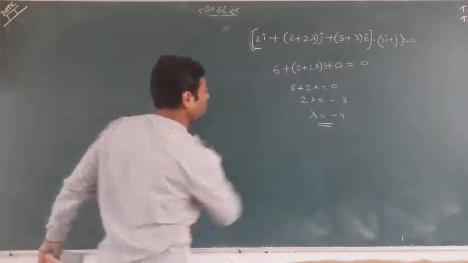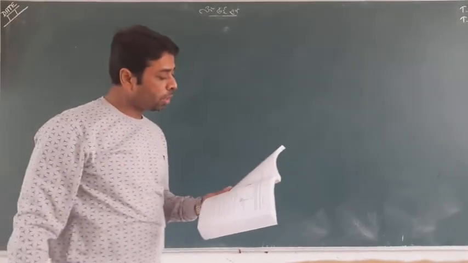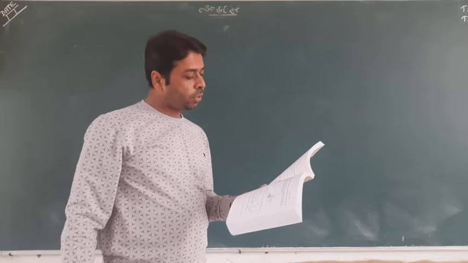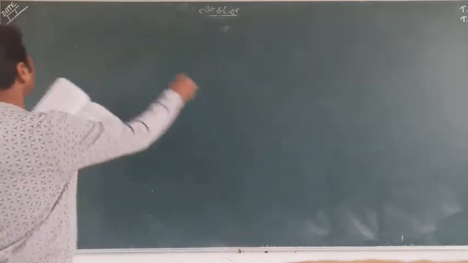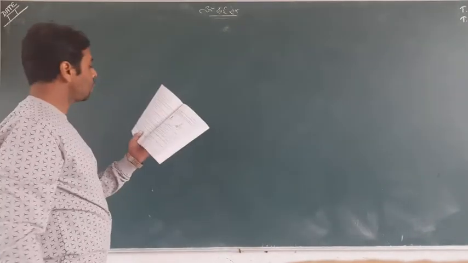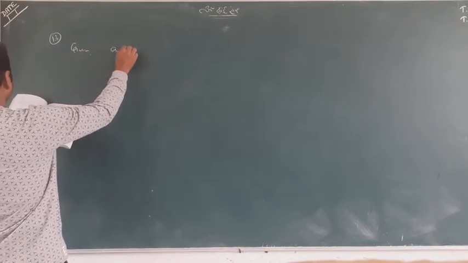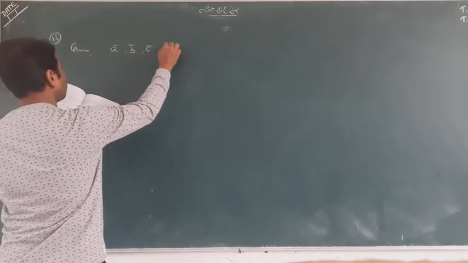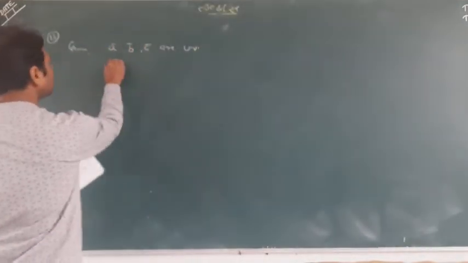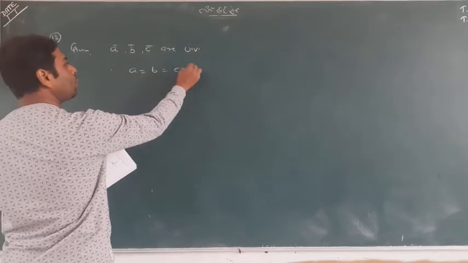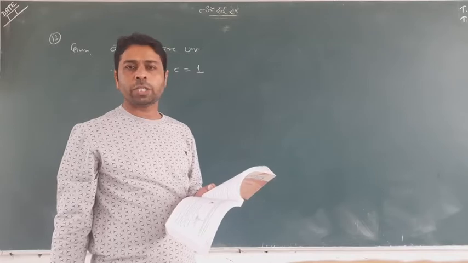Now which questions are going to be important? Look at it, I tell you. Question number 10 we have seen. 12th, 13th one I am telling you. It's a very important question, the 13th one. It is given that A, B and C are unit vectors, and it means that mod A, mod B and mod C is none other than 1. A, B, C are unit vectors, so mod A, mod B, mod C is equal to 1.